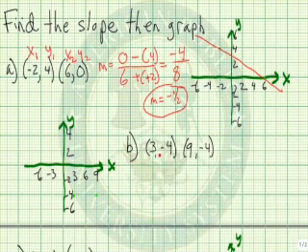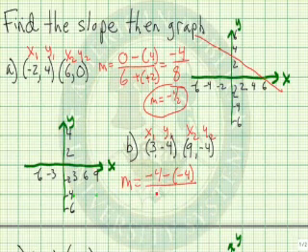Let's consider the points 3, -4 and 9, -4. Once again, we're going to use our slope formula. M equals, and this is our x sub 1 and this is our y sub 1. This is our x sub 2, y sub 2. We could actually label these backwards, but there's no great advantage in doing that. So we take the second y minus the first y divided by the second x minus the first x. 9 minus 3 is 6. -4, subtracting a -4 is the same as adding 4, gives us 0. So we get the slope is equal to 0,